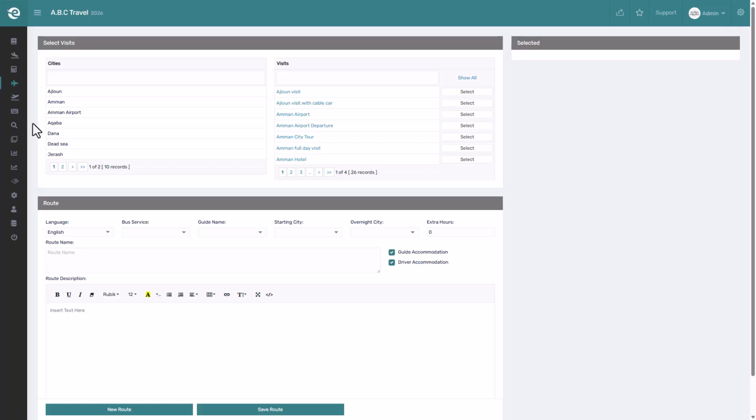Now let us go through an example. Let us assume that we need to create a route that starts in Amman, then goes to Jerash to visit the historical site and have lunch, then continues to Ajloun for a visit with the cable car, and finally returns to Amman for overnight. To create such a route, if the visits are configured correctly, we can do it easily